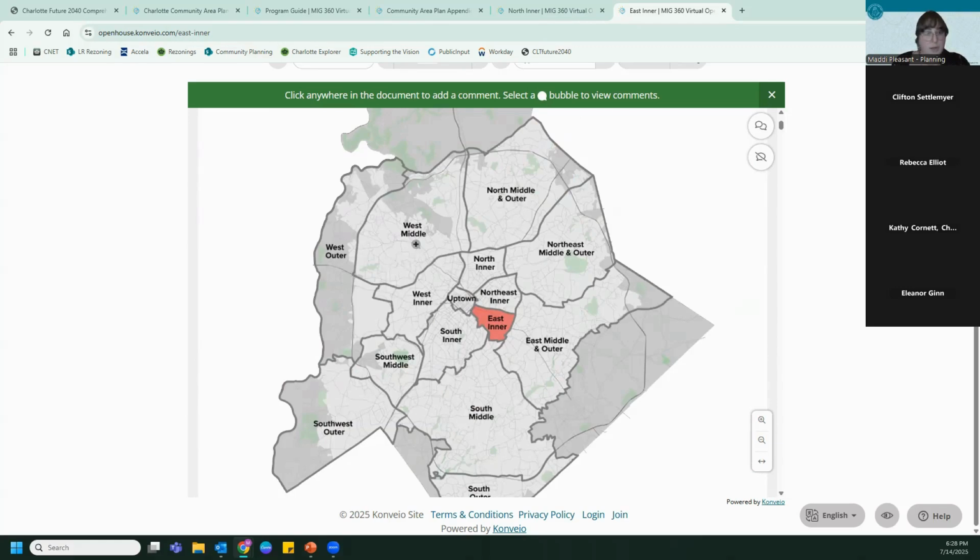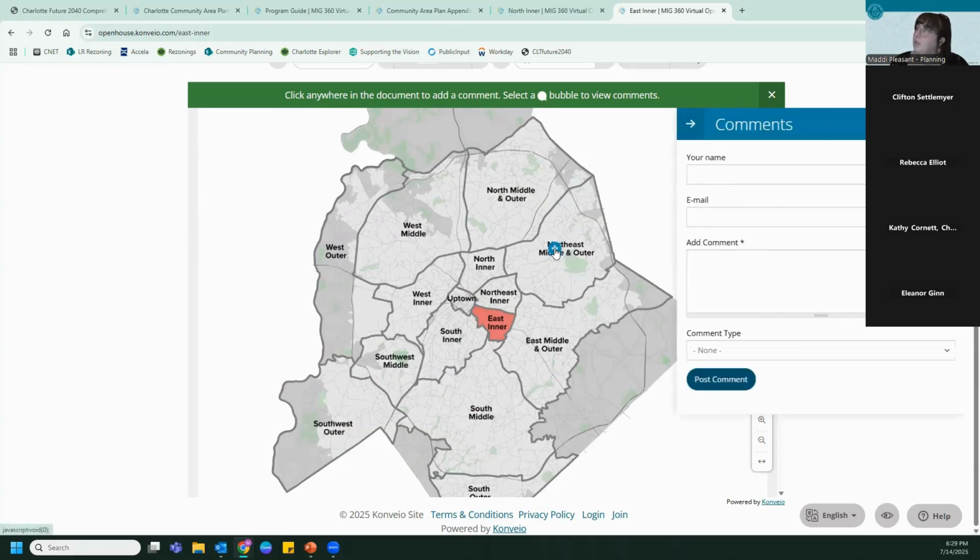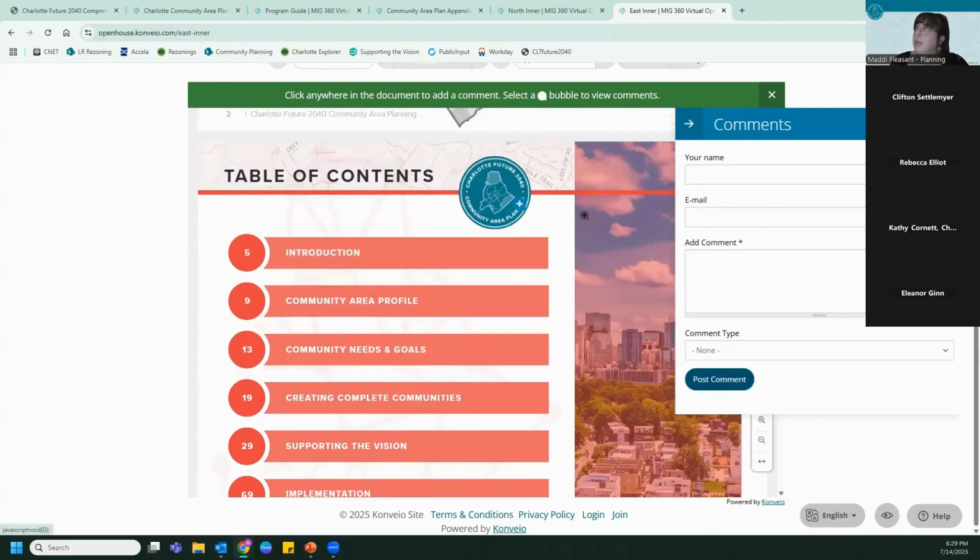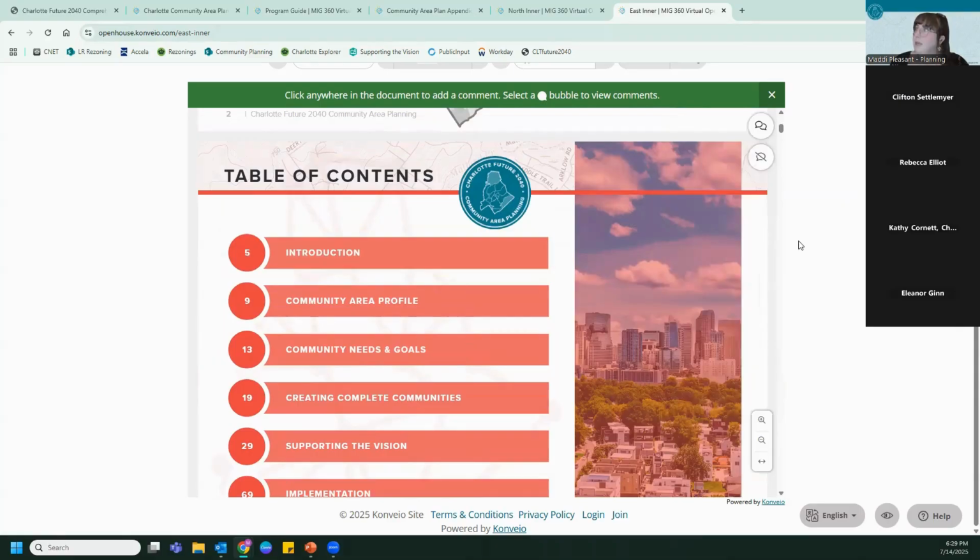As I mentioned, our comment period is still open until Friday. And in order to comment online, you can visit the links I sent and just click wherever you'd like to comment and it will pull up this box to the right and you can provide your comment here. And then those will be put onto the plan and we will be responding to all comments, including staff responses, on Friday, July 25th.